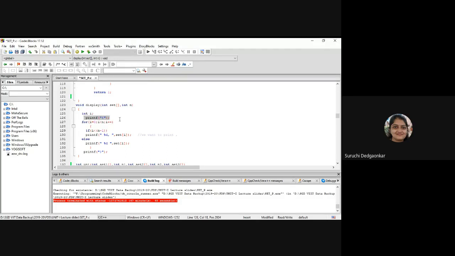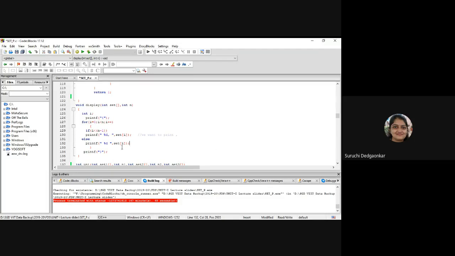That's why we will have opening curly bracket, then closing curly bracket at the end, and the elements will be displayed by this for loop. Okay, n elements we want to display, and comma will be there except the last element. After last element there will not be any comma. So if it is last element we will not have comma. Okay, only percent d is there, otherwise we will have percent d comma to be displayed, isn't it?